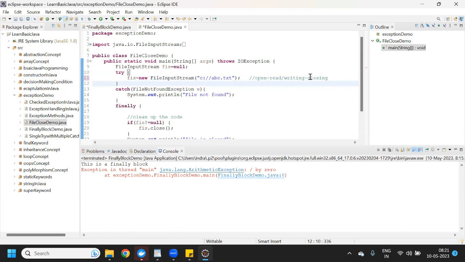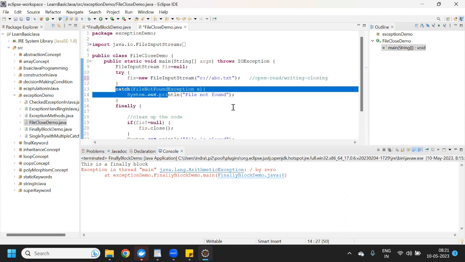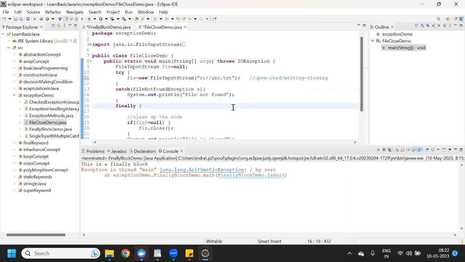But sometimes it doesn't find the sheet. If it doesn't find the sheet, or maybe it finds the sheet but data is not available in the sheet, then it will go inside the catch block and it will terminate the program. So once it terminates the program, your sheet will be open, it will not be closed.